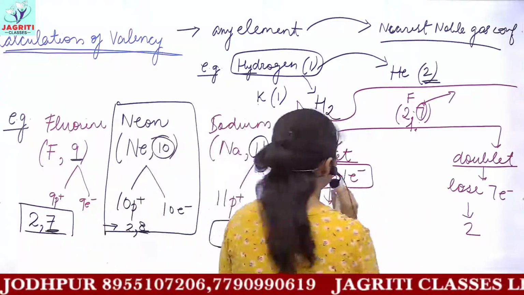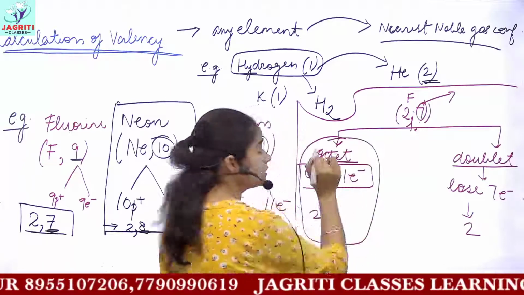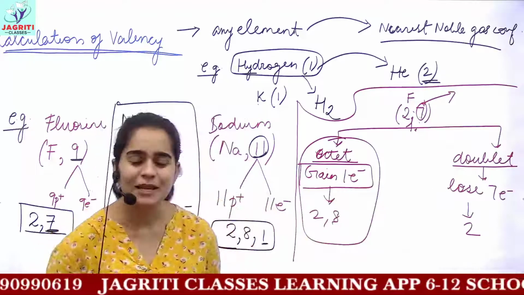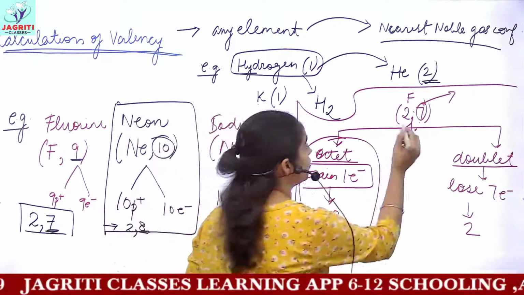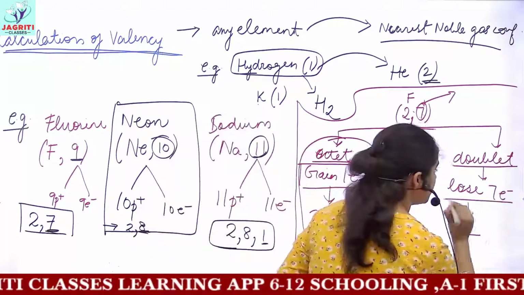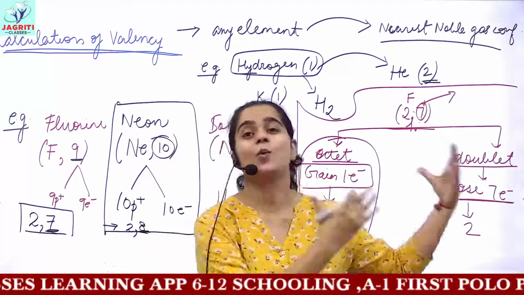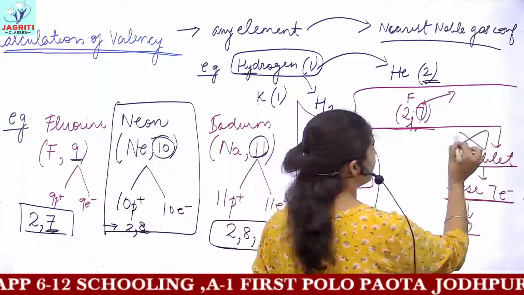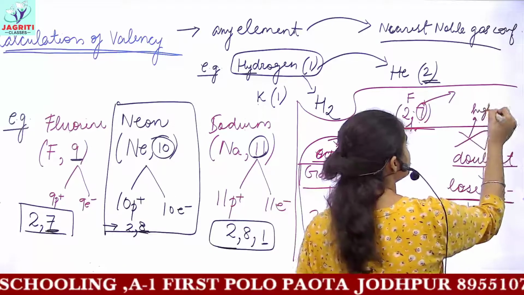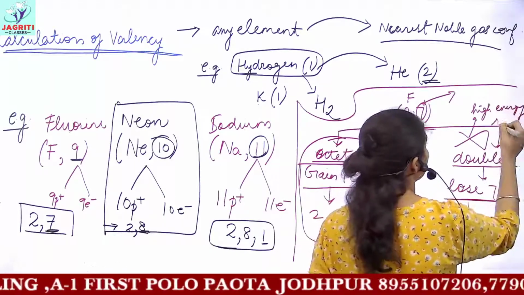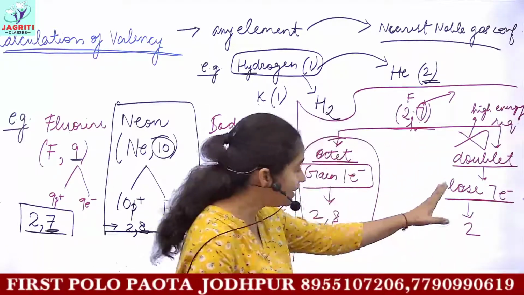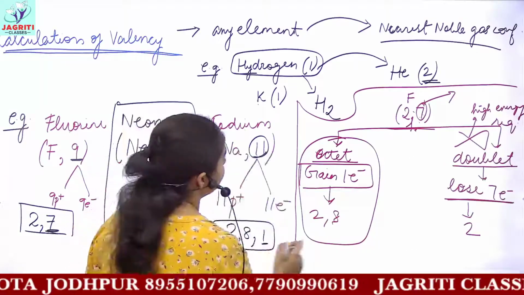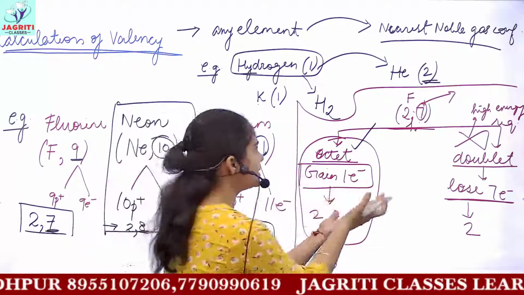But what does fluorine actually do? We know that following the octet rule is more favorable in the case of fluorine. Can anyone of you explain why? Okay, I'll do so. To lose 7 electrons, a high amount of energy is required to remove these 7 electrons from fluorine. So this task is not favorable. Because of the high energy requirement, fluorine can't remove 7 electrons from itself to attain stability. So what will fluorine do? Obviously, fluorine will follow the octet rule and it will simply gain 1 electron.